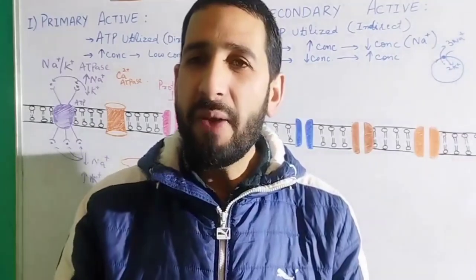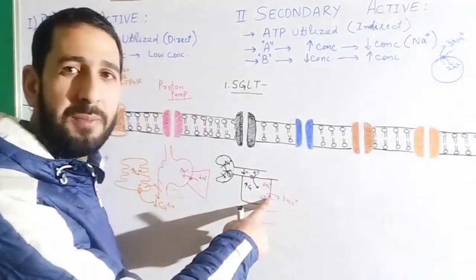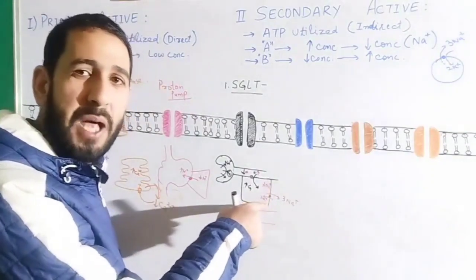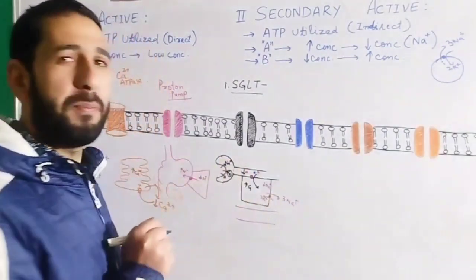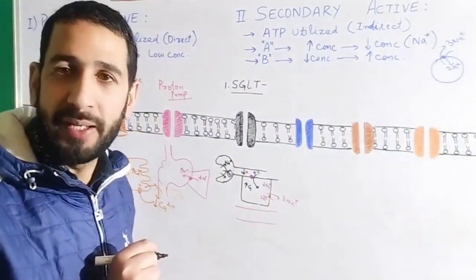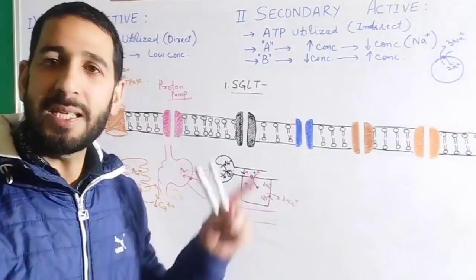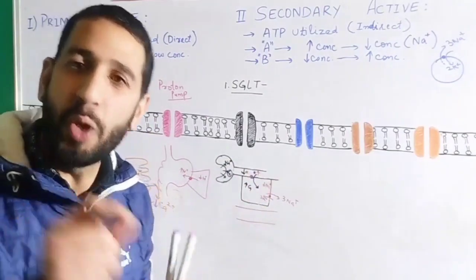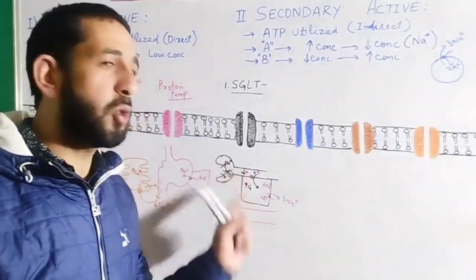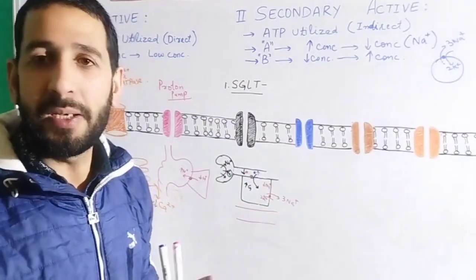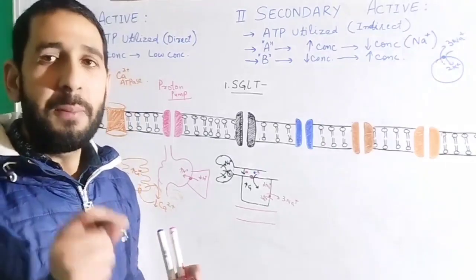Right. Now, where was the ATP utilized? ATP was utilized here by the sodium potassium ATPase. If this sodium potassium ATPase is not utilizing energy, it is not working. If sodium potassium ATPase is not working, that means we can say the sodium glucose cotransporter cannot work as well, because in order for the sodium glucose cotransporter to work properly, we want the sodium potassium ATPase to work properly, because जब तक